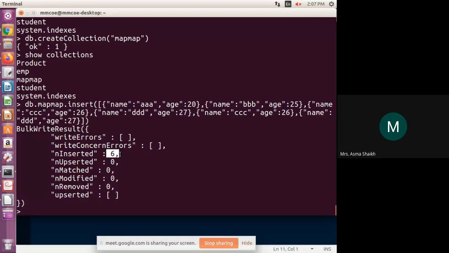Now let's check how to access these records. So now we have map. We have not done anything of MapReduce yet, we have only created the collection, and what we did is insert records in it. So this is my basic thing.